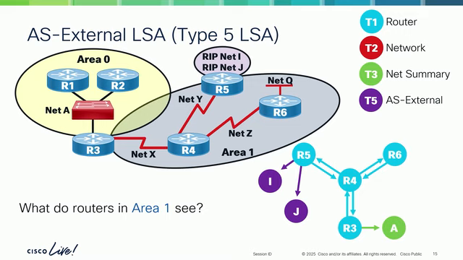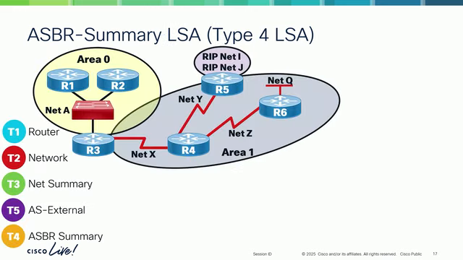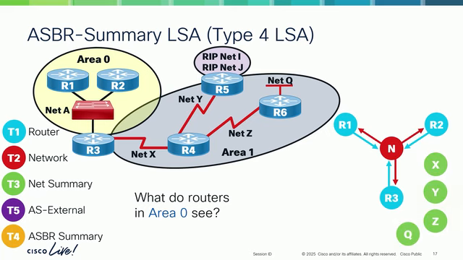Let me show you. There will be a slide, but what I want to show you is the problem that we get with the fact that we flood LSA 5, the external route, and do not change it. The question here is, what is area 1 going to see here? So again, the three routers, one common network between them, all the connections as they're supposed to be, and the inter-area routes from the other area. And remember,